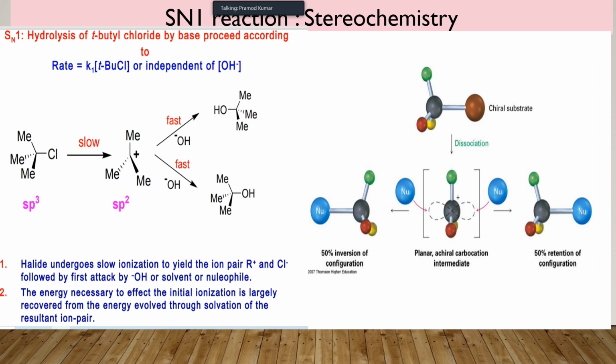So what happens is, once you take your reagent, there is a loss of your leaving group and formation of a carbocation, and this carbocation can be attacked by the nucleophile or the solvent molecule from both sides. So you get 50% conversion into one configuration and 50% into another. One way there will be retention of configuration, the other there will be inversion of configuration, and thus you get a racemic mixture, and the net degree of rotation of this compound will be 0.